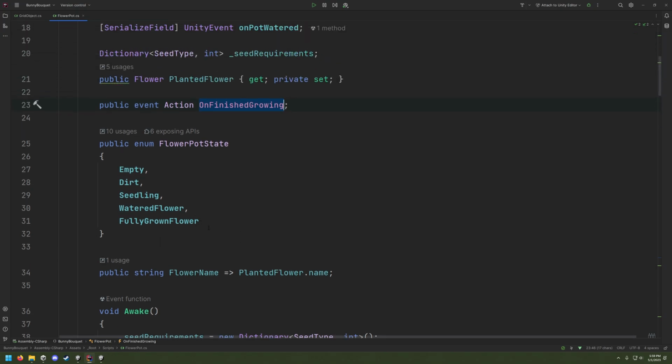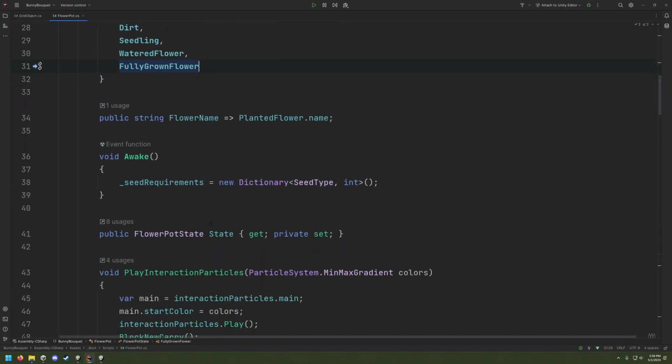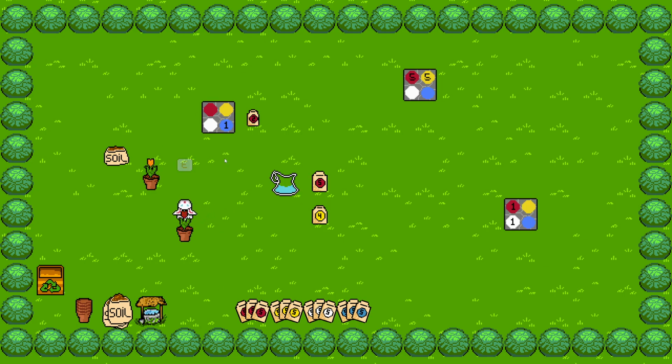We also run a little state machine here of keeping track of what the flower pot state is, right? Useful stuff. And we can get the flower's name. This is just a little utility function, right? It just gets the plantedflower.name, right? And I use the name of the flower in order to know what flower it is, right? If it's like a red flower here, the red tulip, it'll know because this blue one, this recipe says that the flower that should be created from this is a blue tulip, not a red tulip, so it doesn't do anything, right? But if I go and I plant myself a blue tulip,